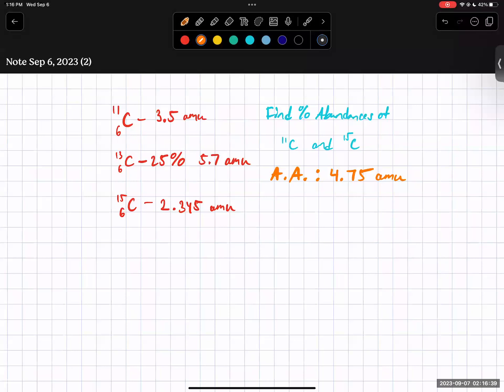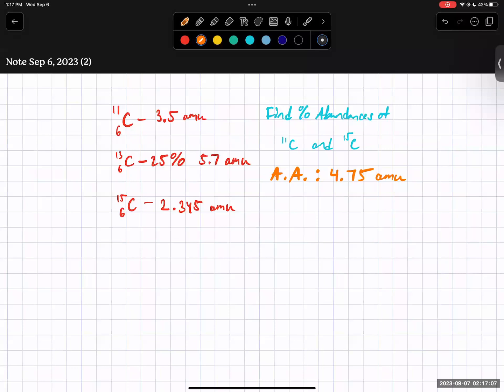So we get 3.5 times 0.75, 3.5 times y with the negative sign, and then plus 2.345 times y. And then you would just isolate your numbers on this side. So you would again subtract this over to this side, add these numbers together. And you get y. Once you solve for y using a little bit more algebra, you'll get your y,